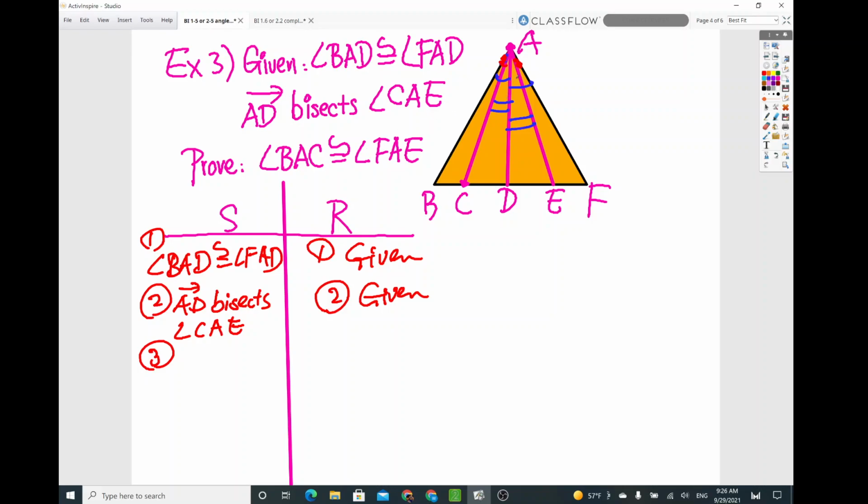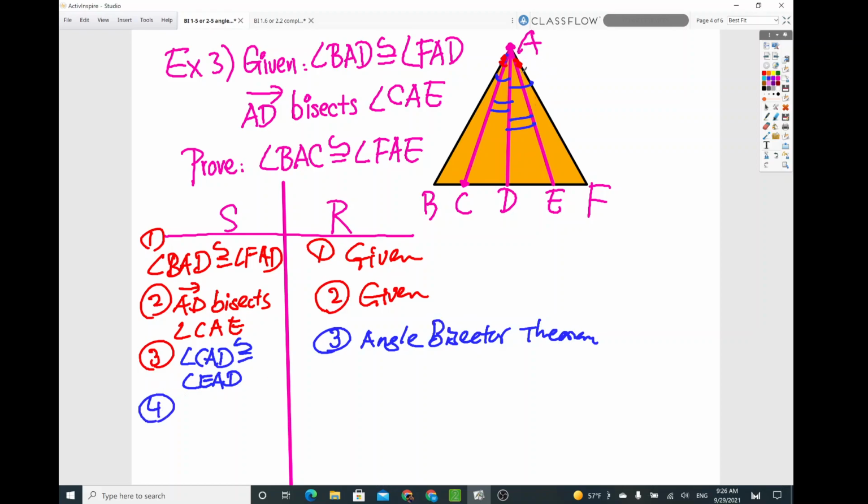So for that angle, the one that I put the double arcs on right here, angle CAD is congruent to angle EAD. And the reason for this one is called the angle bisector theorem. Okay. For those who might be wondering why we need to come up with those two congruent angles, well, the thing is that we can apply the angle subtraction postulate. So one thing that we notice, angle BAD